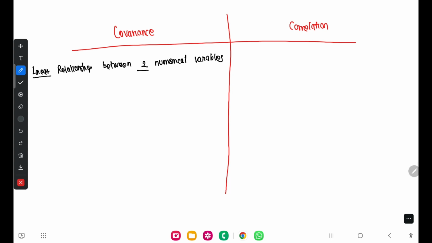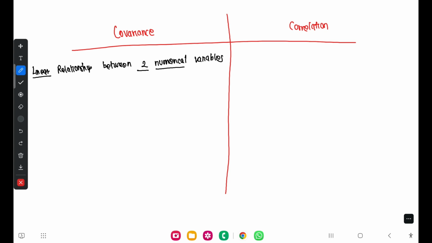And here we only deal with two variables. We can't apply more than two variables, and those two have to be numerical. That means we should be able to quantify them in numerical terms. We can't use categorical variables like taste, gender and color. Those types of variables we can't include